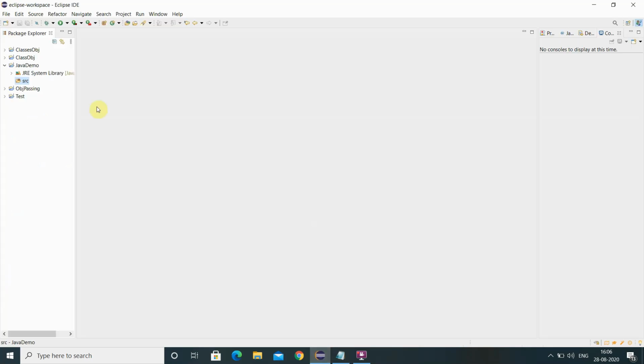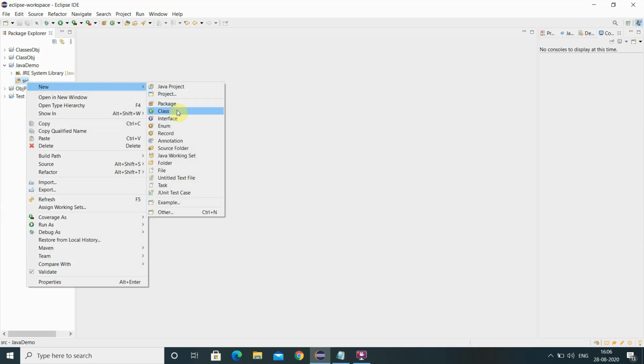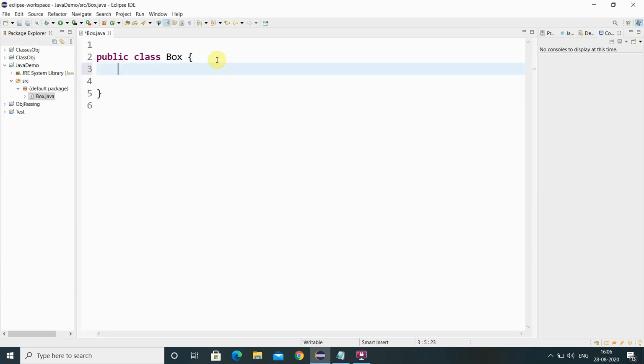Now we are in the Eclipse environment. We will see how to create a constructor for a class. I am going to create two classes. First I create a new class file with the name Box. I don't have a void main for that, I just create a class. For that class I declare three members: int length, height, and then depth. So three integer members I have declared for the Box class.